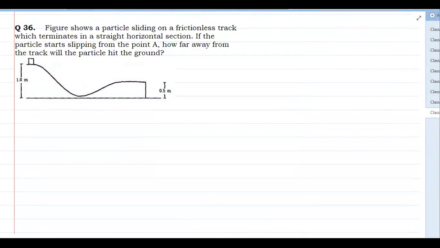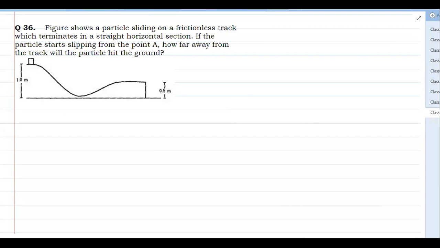This question says: the figure shows a particle sliding on a frictionless track which terminates on a straight horizontal section. If the particle starts slipping from point A, how far away from the track will the particle hit the ground? Okay, so first, if the particle is allowed to slide from point A,